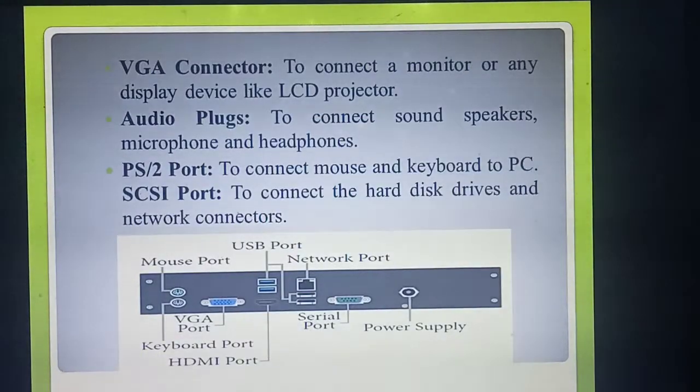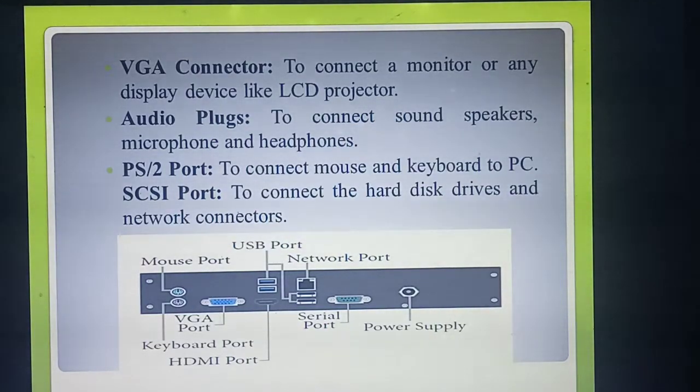Understood? So the next one is the VGA connector. What's the use of the VGA connector? See the diagram. In that diagram, have you seen the first part, the blue color pin? Have you seen a VGA port? Yes. This kind of VGA connector is mainly used to connect display devices. Always remember it: VGA is always used to connect display devices. What display device do you know? Projector. Using a projector you can display the monitor, isn't it? So VGA connector is always used to connect display devices.